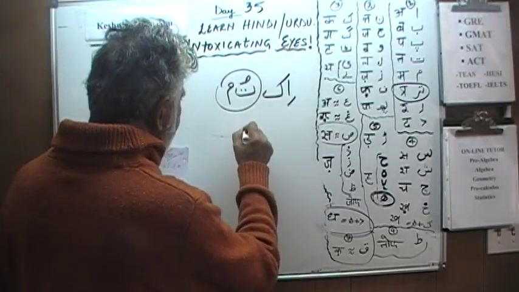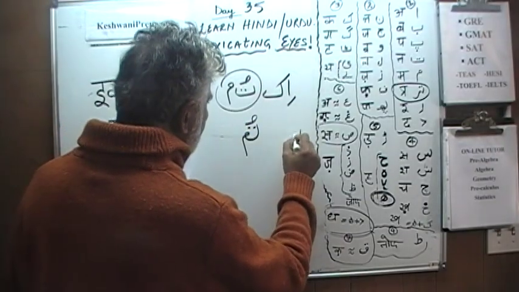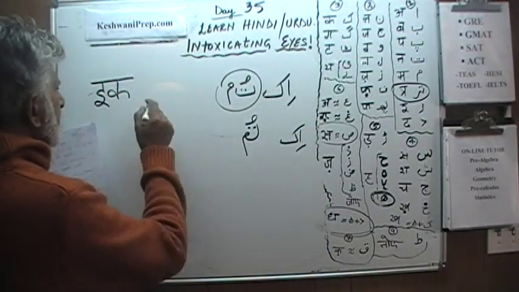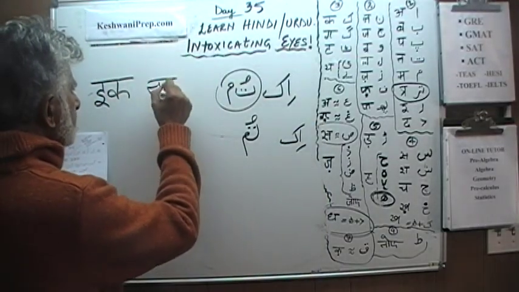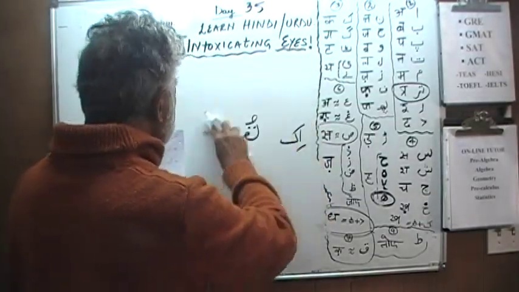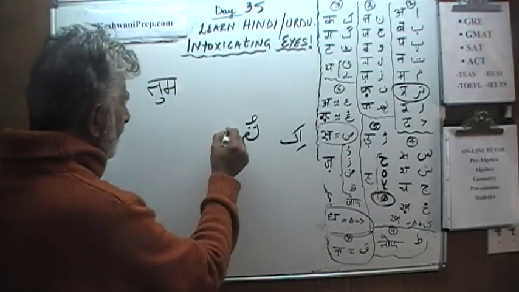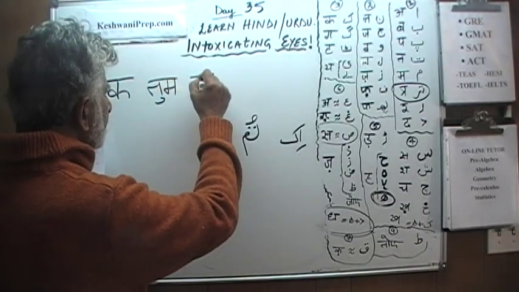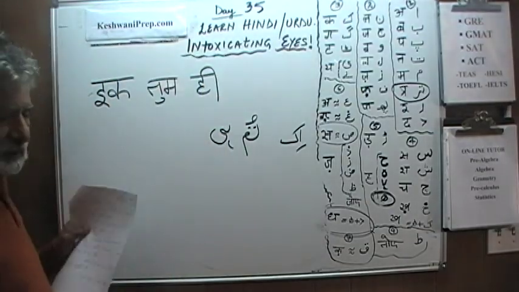Te and a mim, tum, ik, tum, then a he and a choti e. Tum hi. Choti e gives us badi ki matra. Tum